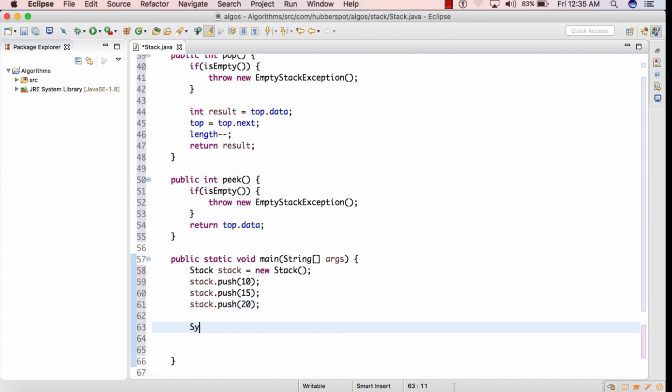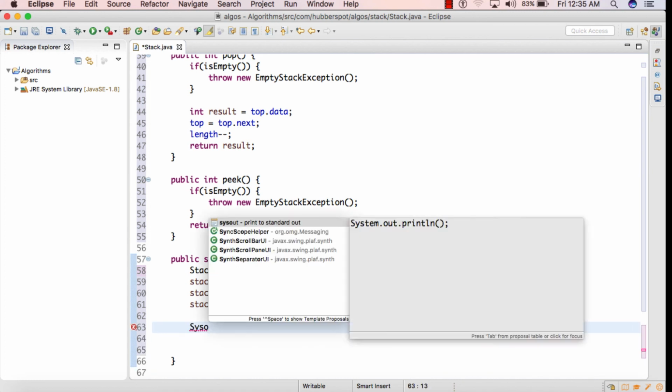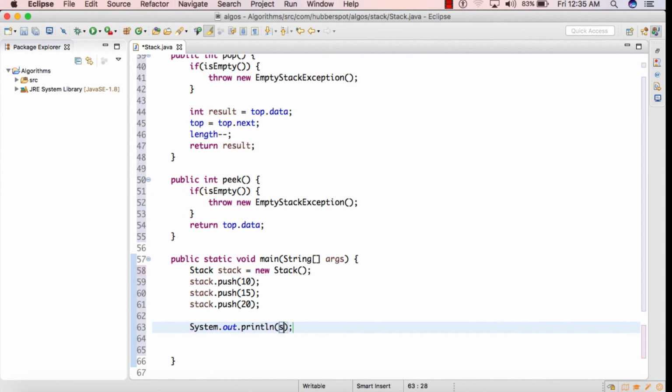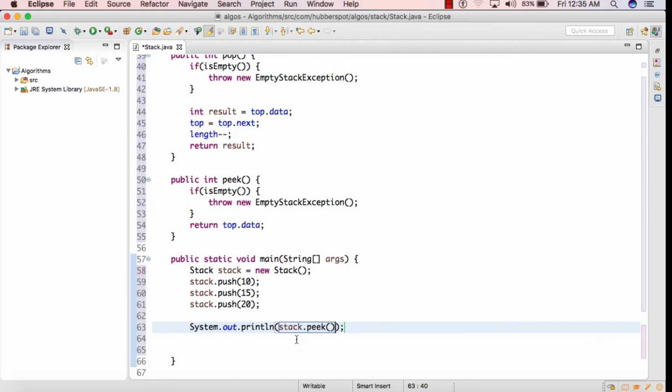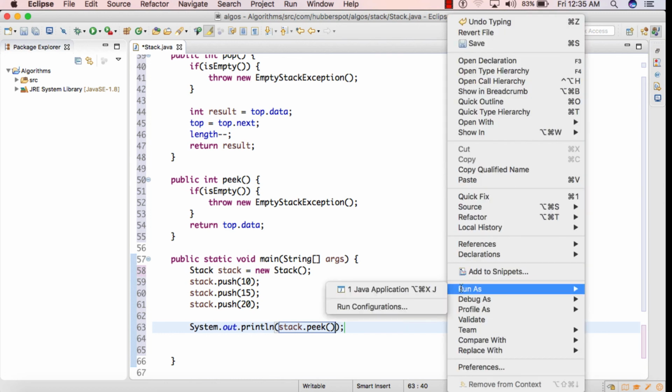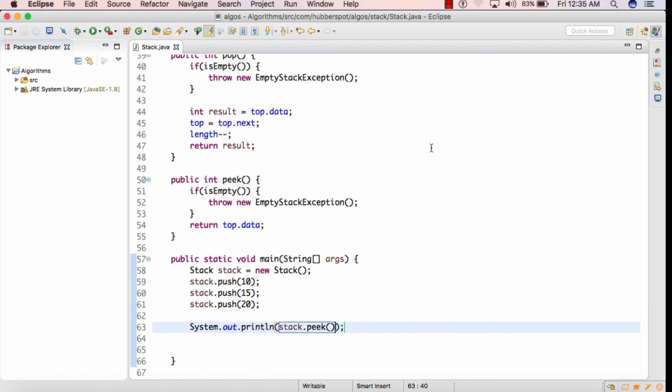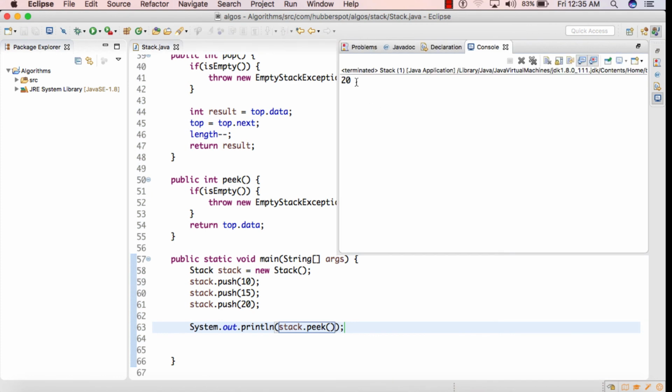So if we print stack.peek, we know that it prints the value of the last inserted node. So if I run the program, you see it prints 20, because 20 is the element which we last inserted.